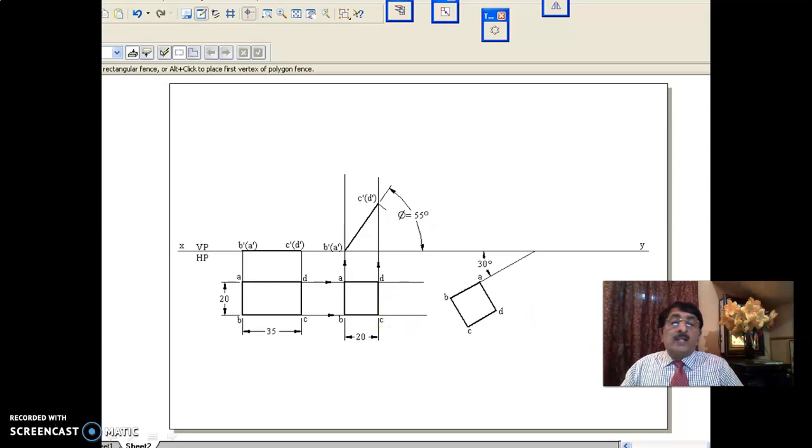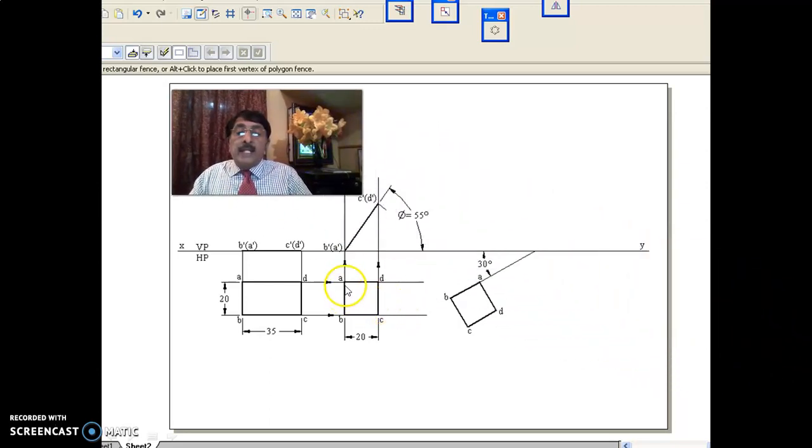Then the third stage. In the third stage, they have clearly given the edge on HP is AB. Edge on HP is AB, that is inclined at 30 degrees to VP. That is the problem they have given. Second stage top view is the same as third stage top view, because I have been telling you again and again, it is only for one condition, that is, the surface inclination here is 55 degrees, which is kept constant. Then only you are getting 20 square. Once you repeat the 20 square, you will immediately understand the inclination to HP has not been changed.